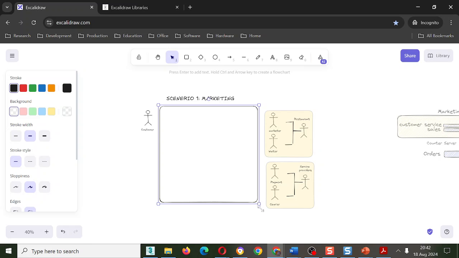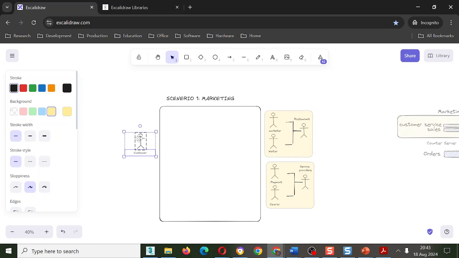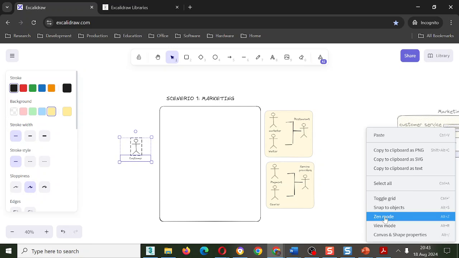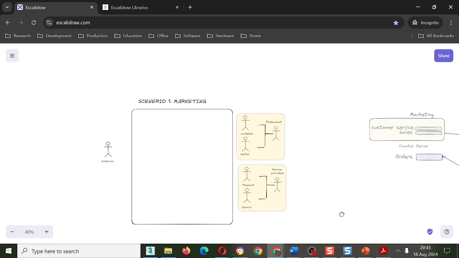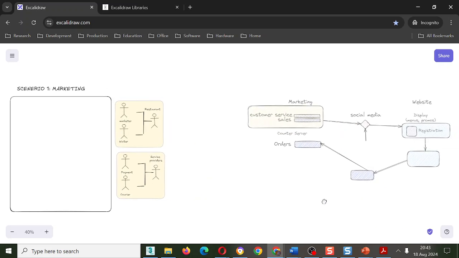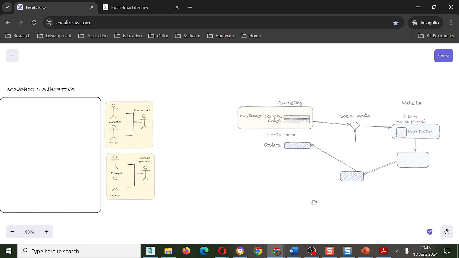So the customer now is on the left, and if you have personas for this customer, you can break it up. But for now, I'm doing this. Now your activities come in the middle, and in this case, we're looking at activities for marketing. We're saying marketing has this activity of, you can say, the social media accounts are set up in advance, so it's not part of the big idea.